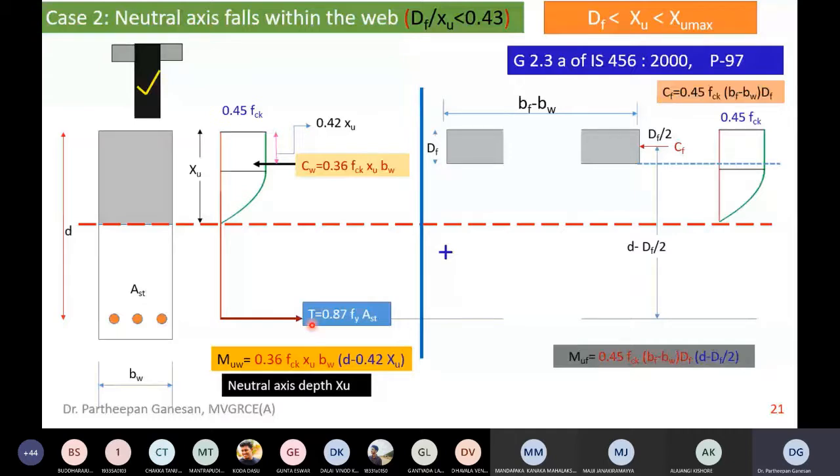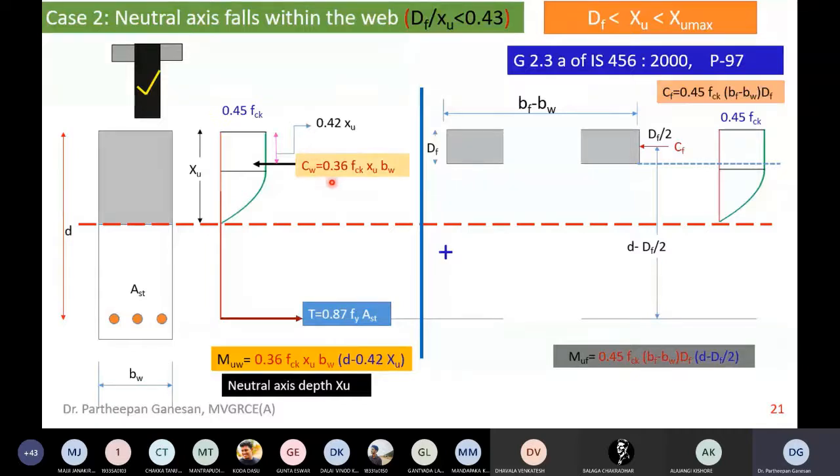Now, how do you calculate the neutral axis depth? Suppose in a stress diagram you have been given compressive forces this much and tensile forces this much. How do you find the neutral axis depth? In general, how to find neutral axis depth? Equating them. Yeah, exactly. You have to find the equilibrium of forces. Compressive force equal to tensile force. Exactly. Thank you very much. At least you are able to tell.